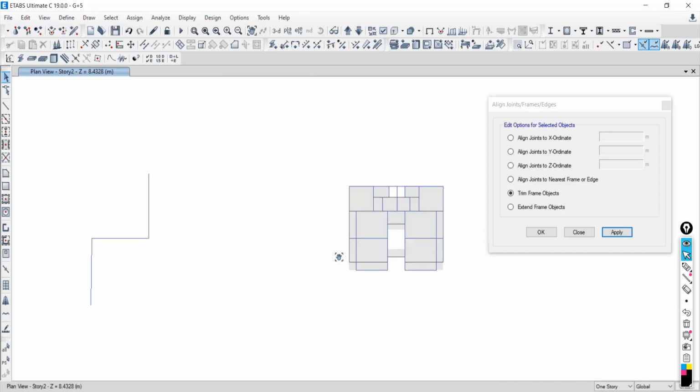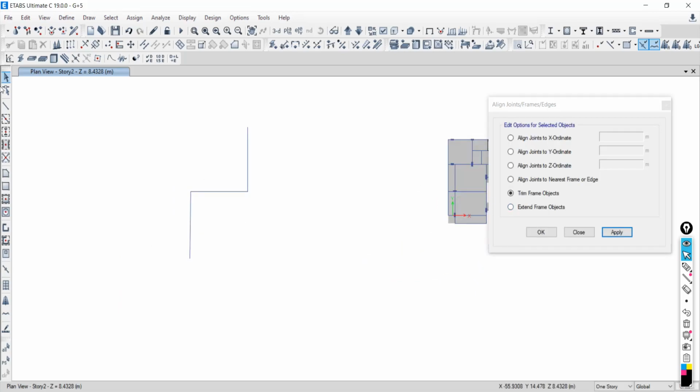Now next, what is the application of the extend command? Extend. The same procedure applies. Just clear all this. Take a new frame. Close this from here to here, like this.